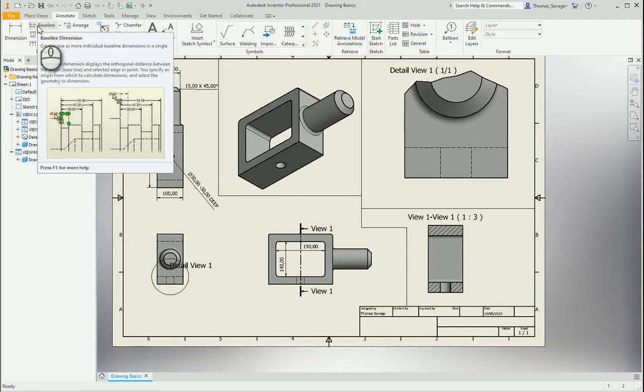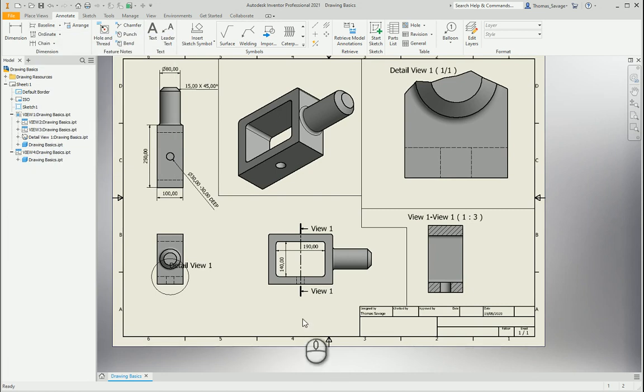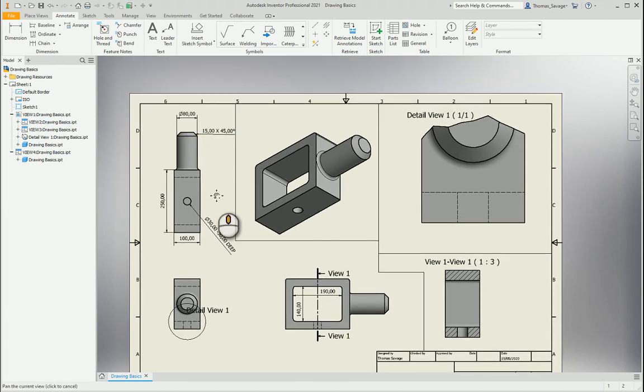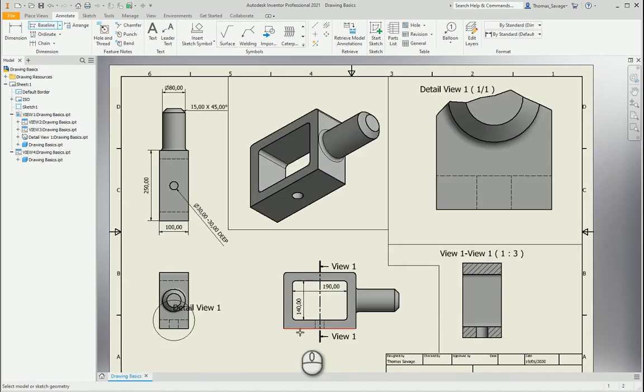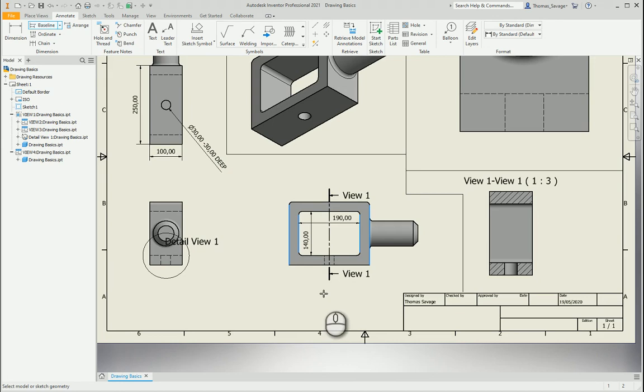Actually, these can make things a lot easier. We'll look at baseline. All this does is measure from a baseline. Everything will be from the baseline. So select, this is the baseline. Just right click on the lines, right click on that line, this line and this line. You can see them turn blue. Right click, continue, and then as you can see,